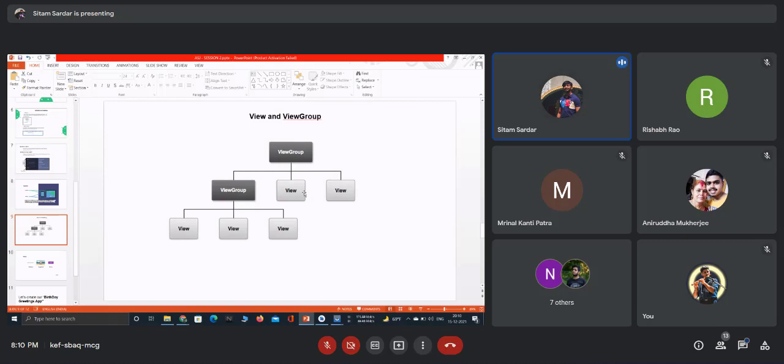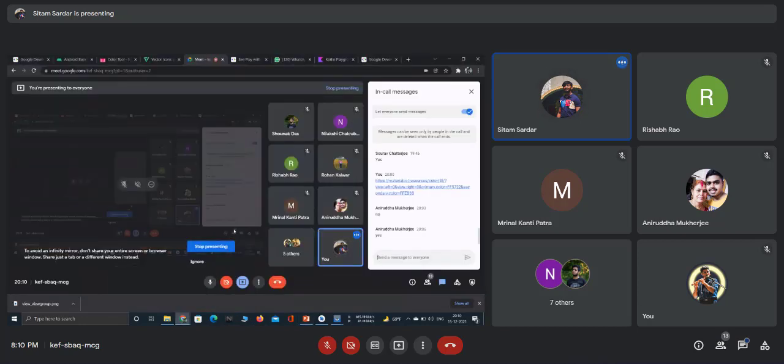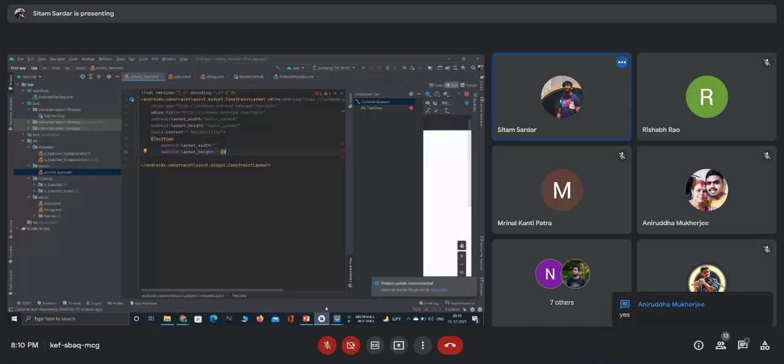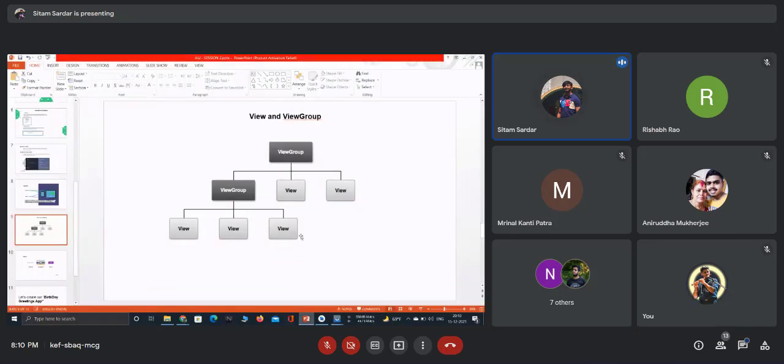Is it clear what the concept of view group and view actually is?